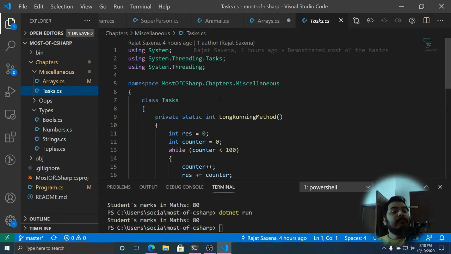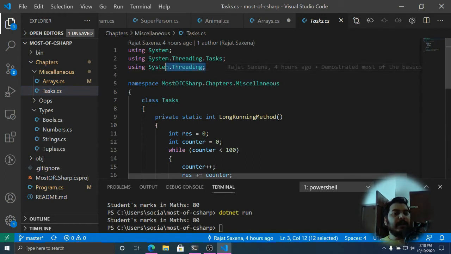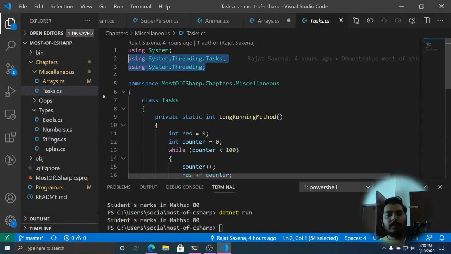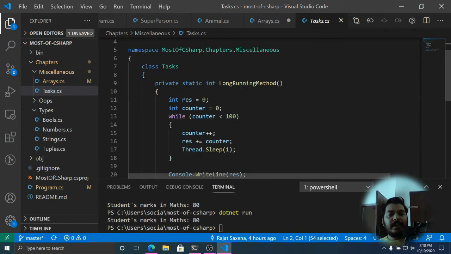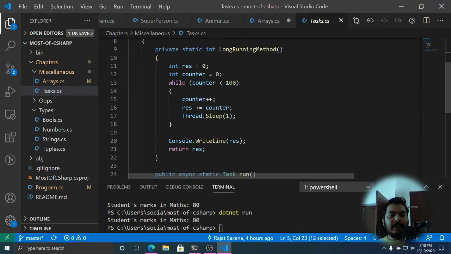For that, we can use task in C#. Most of the classes related to task functionality are located under System.Threading. Again, we have created a class under this namespace, and let's suppose we have a long running method which adds many numbers.